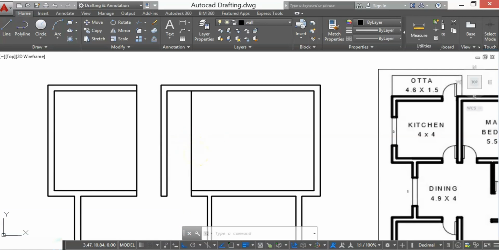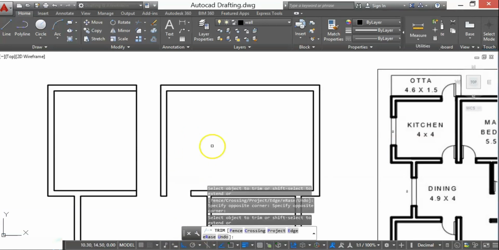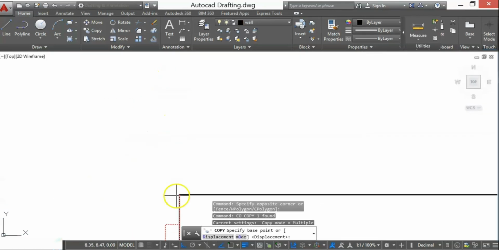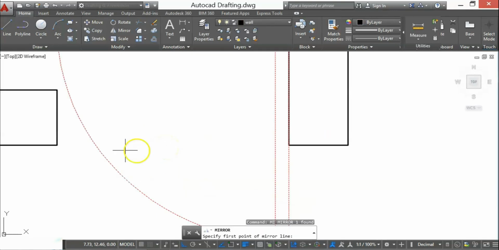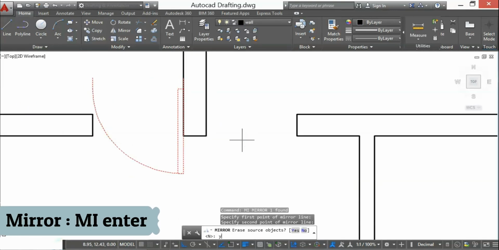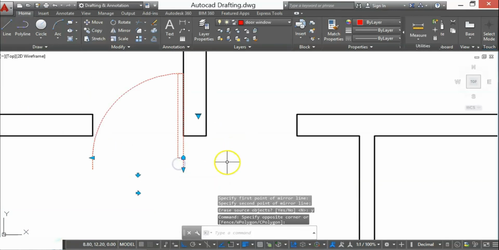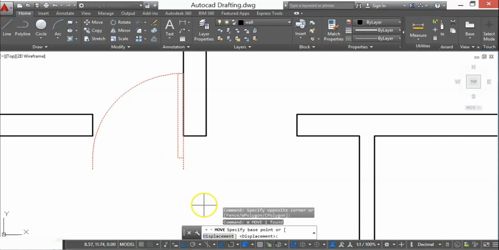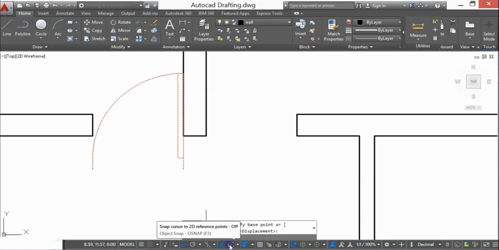Again we'll trim this line. Same way I'll copy the door. MI enter. Yes. Again move to the right place. As I am not getting a point here because our snap mode is off, I'll turn on snap.